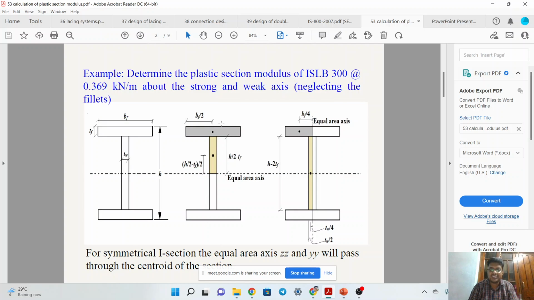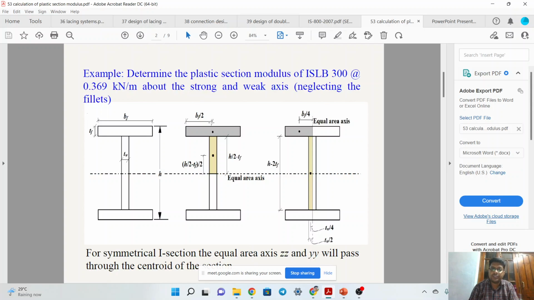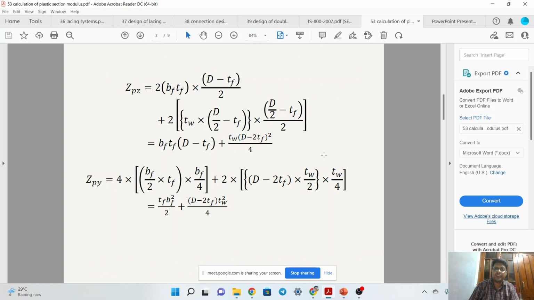This is the flange width, denoted by BF, and the thickness of this flange is denoted by TF. So here you can see BF into TF. This is the area of our first rectangle, let us suppose the upper rectangle. So the area of this rectangle is BF into TF,